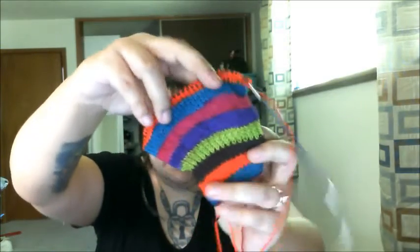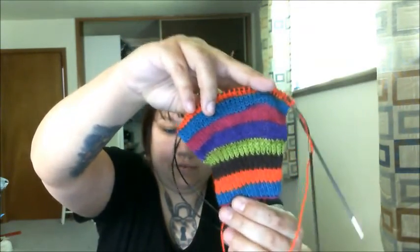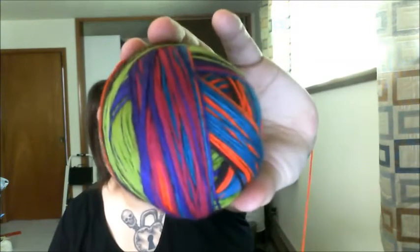So, one in, one out. I finished a pair, I believe that's pair 12 or 13. And so I had to start a new pair, and this is pair 14. I've got one full repeat knit up here. And this is Knitter's Nightmare in the Boogeyman sock base. This particular 6-stripe repeat is called A Yarn of Great Social and Political Import, which is very long, and maybe you'll catch it, but